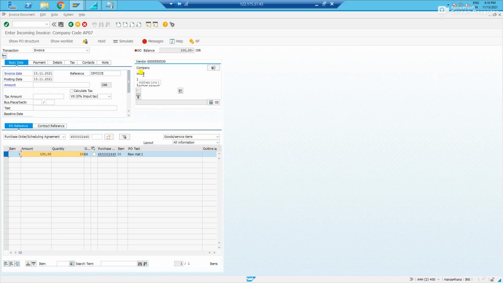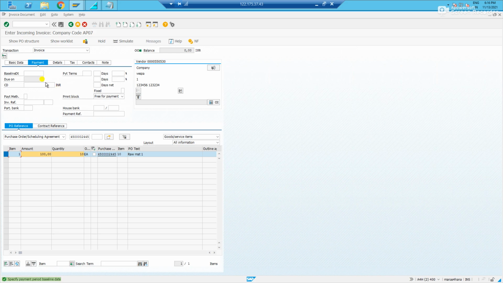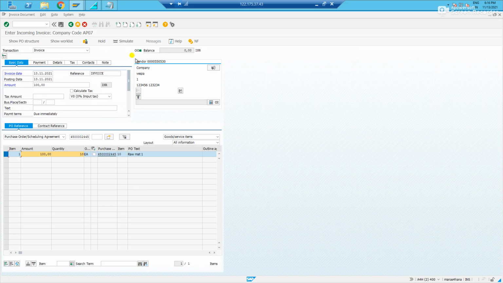This is the vendor. It has come correct. The value of the purchase order is 100 rupees. Let us put in 100 as the amount. Just fill the baseline date, which is today. Everything looks okay. We have a green message here. Tax we have not applied. We have taken 0%, so there will not be any input tax line also.